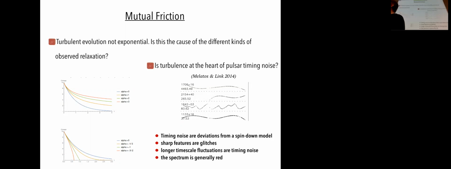What do you mean the spectrum is red? Yes. So you have a kappa that's quite large. The timing noise, yes. But red compared to what? So it's just the values of the kappa that you get, if you take the spectrum and then try and see how it falls off. Okay, so this is a high value of the noise spectral density, and then it has a decreasing part, and it varies from pulsar to pulsar, so it's not so straightforward to determine.